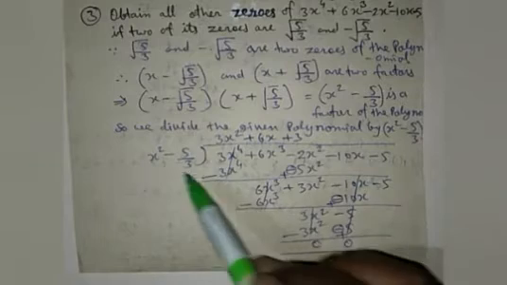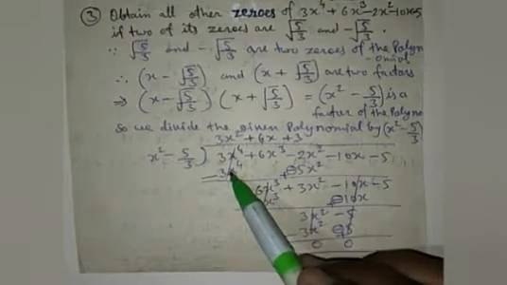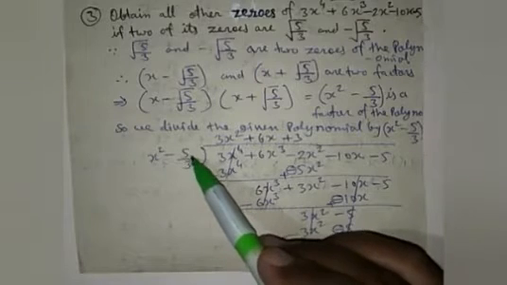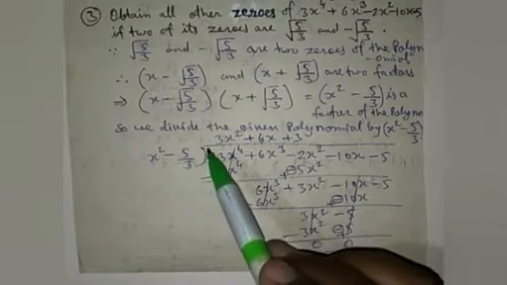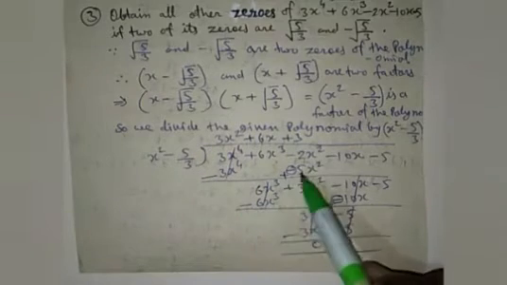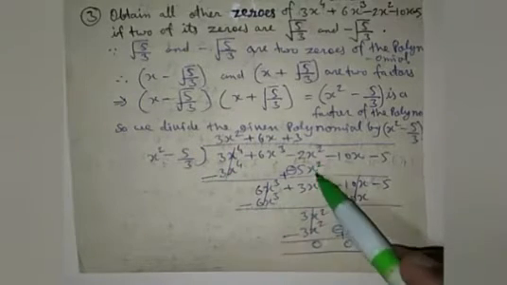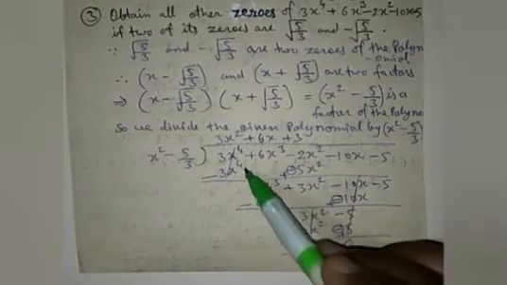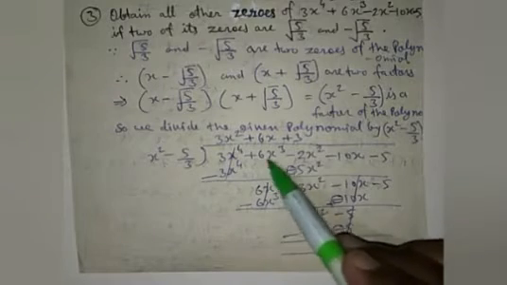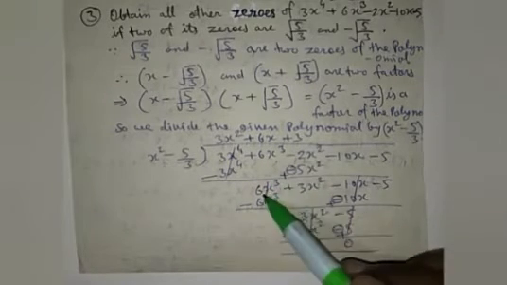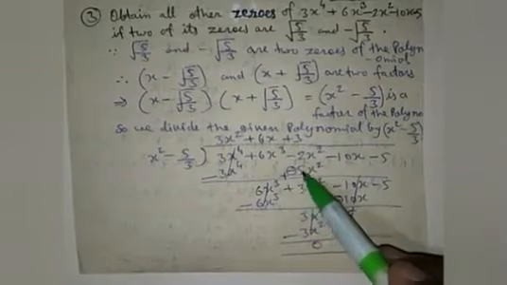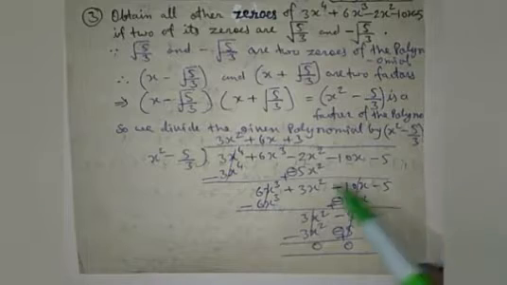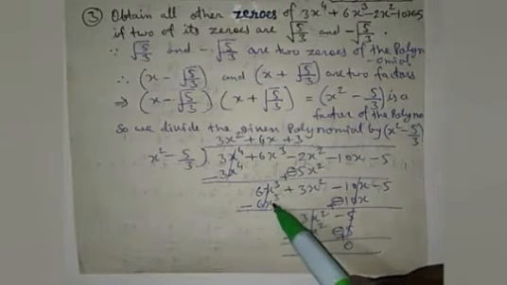in the divisor you will get 3x power 4, then minus 3 into 5 by 3 will give 5, the 3s cancel out, so there will be only 5x square, and it is minus 5x square. So here you have to write down this term below the like term x square. After subtraction you will get the first term cancelled out and the second term 6x cube is as it is, then minus 2 and plus 5 will give plus 3x square, then minus 10x minus 5. So here also you have to make the first term equal.